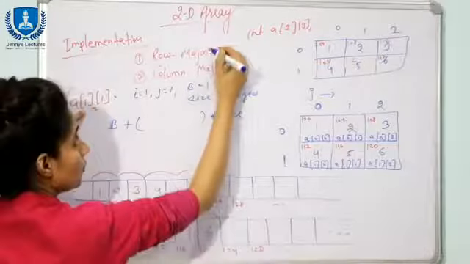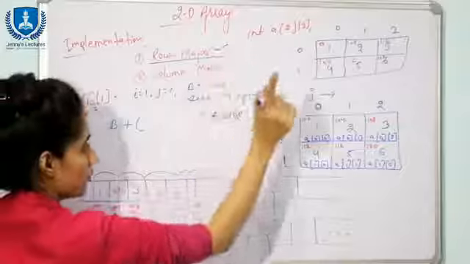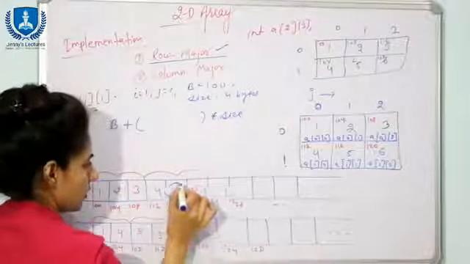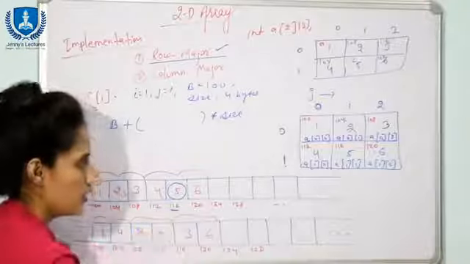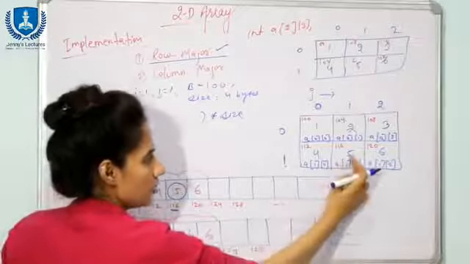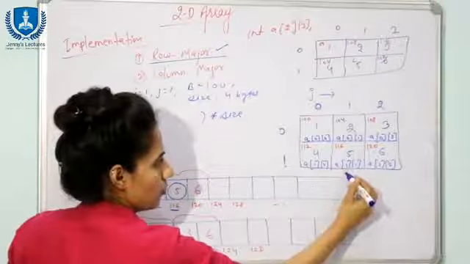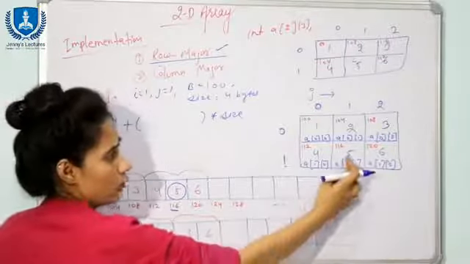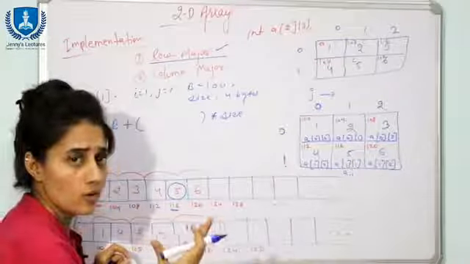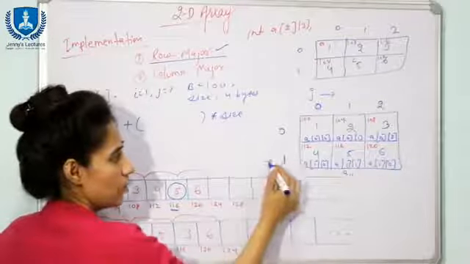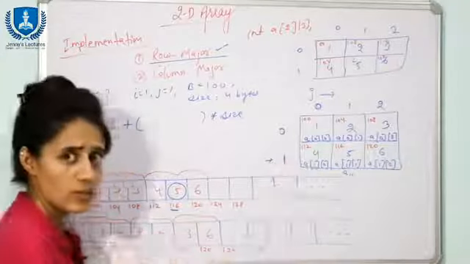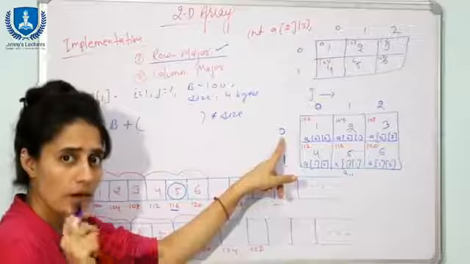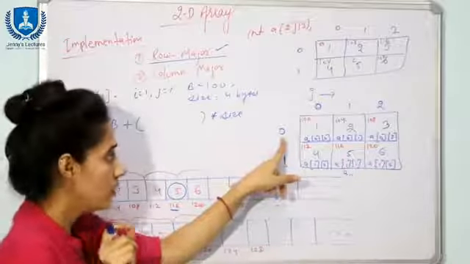We are discussing here the row major implementation. After that we will discuss the column major implementation. Now we are going to access this 5, which means the address should be 116. For reaching this element, A11, you have to cross how many rows? This is row number 1, which you can say is the second row, because the index starts from 0. Here I am taking the index as starting from 0.